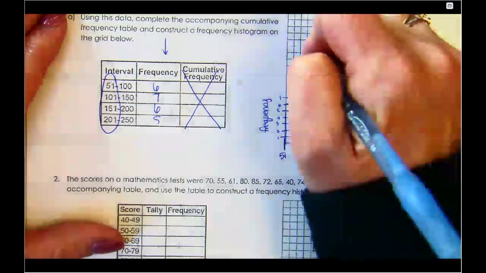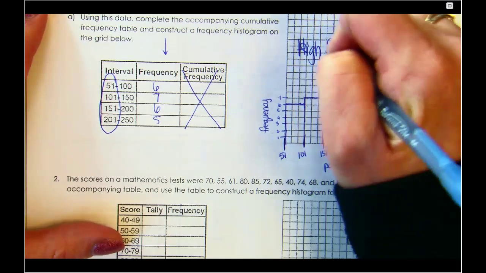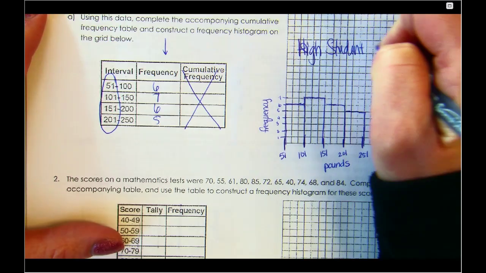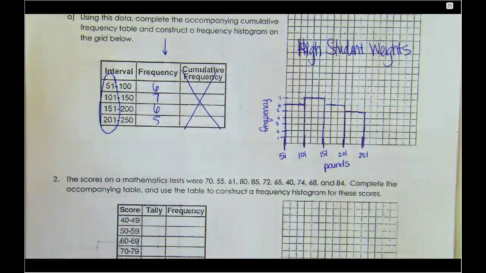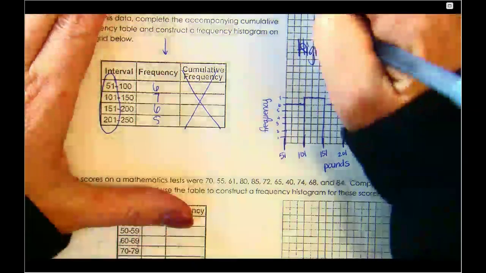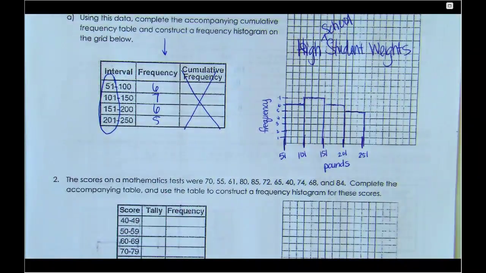Title. So let's go with high school student weights. Let me say this: I'm not going to mark you wrong if you just put student weights, but that just says I said high school weight, because if these are elementary kids,